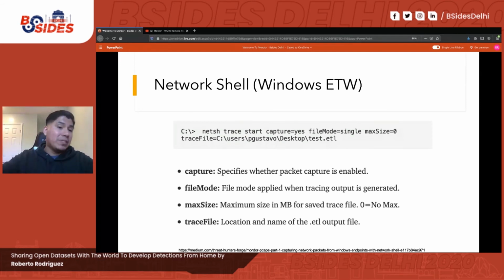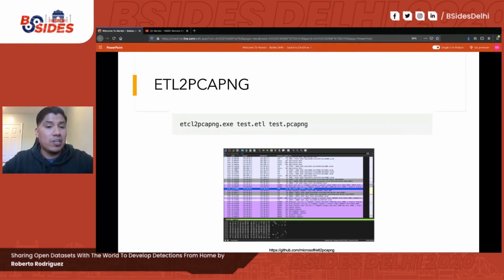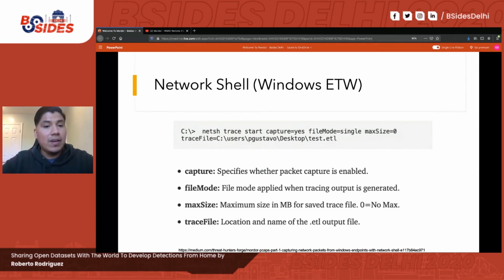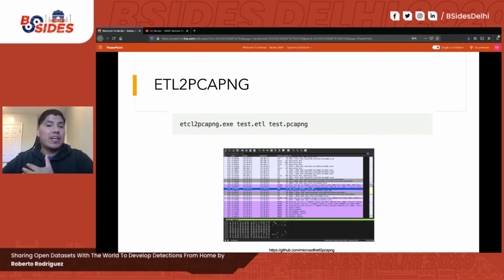If you do a lateral movement technique, it will be nice to capture the PCAP, the network traffic. For example, you can use that command if you want to contribute a PCAP for the Mordor project. At the end of the day, you have to use another tool, which is called etl2pcapng, and that's going to point to the ETL file that gets created after using netsh, and then that's going to give you a PCAP that you can just start seeing in Wireshark, or